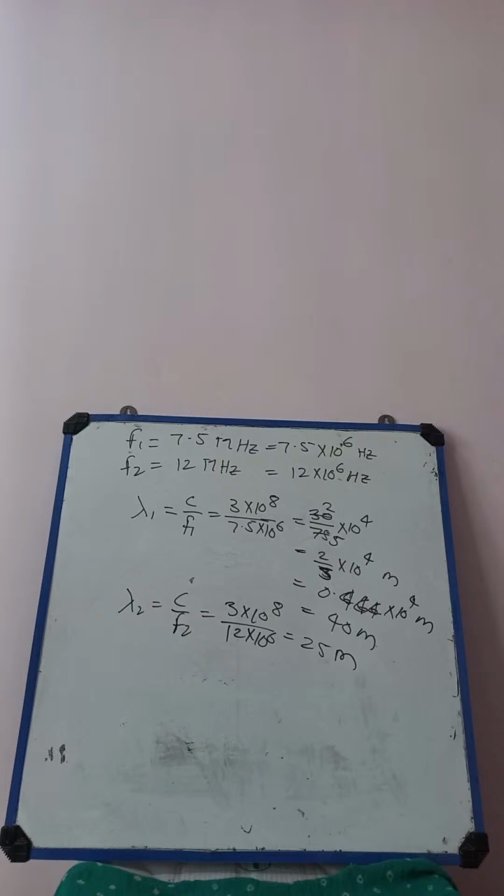Okay, write down next MCQ. If E and B represent the electric and magnetic field vectors of the electromagnetic wave,